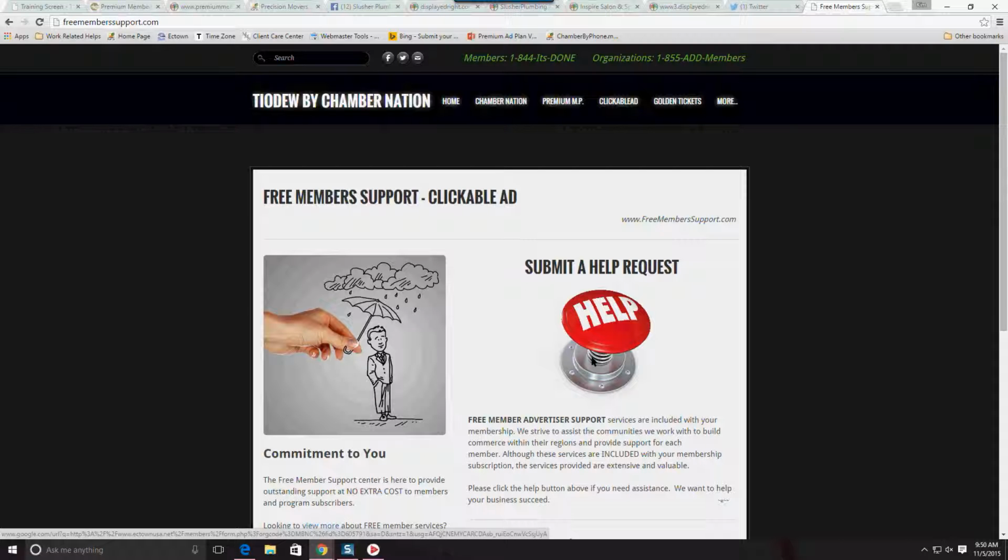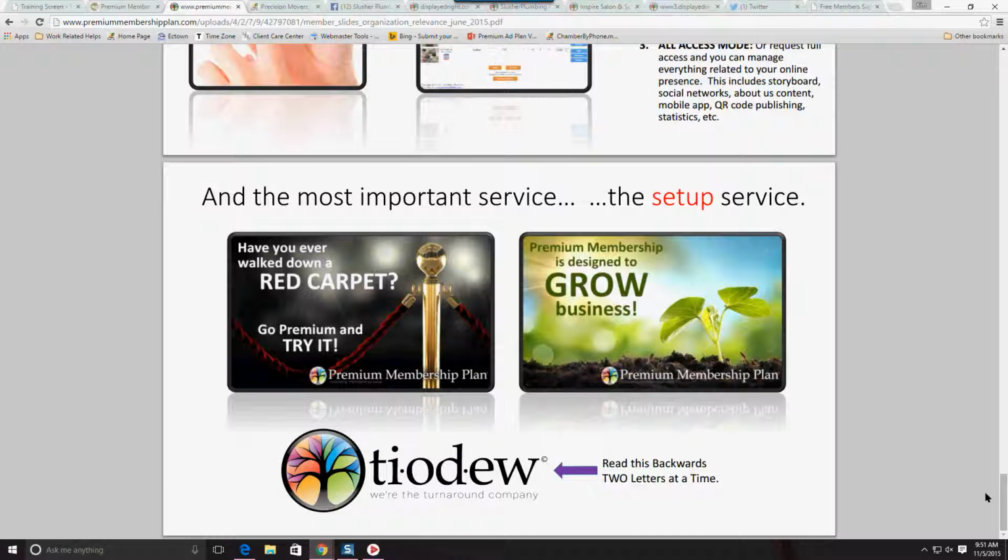You would just fill out your name, your email address, and maybe just a brief description of what help you need. So if you're on the go and you know that you need something to be updated, you can do that straight from your mobile phone. And our office will receive that ticket, and we actually respond right away. We really try our best to help our members and respond to their needs and their requests as soon as possible. And so that is actually the end of my presentation for the premium membership plan.